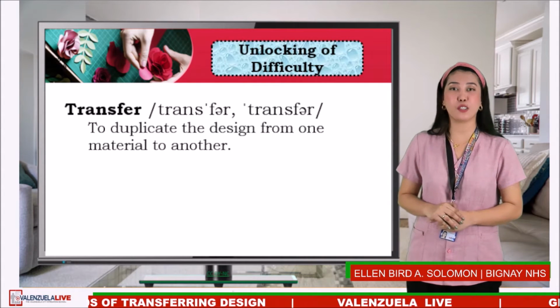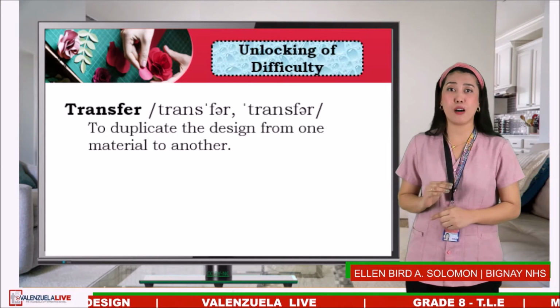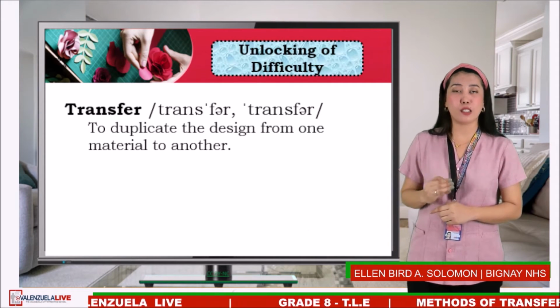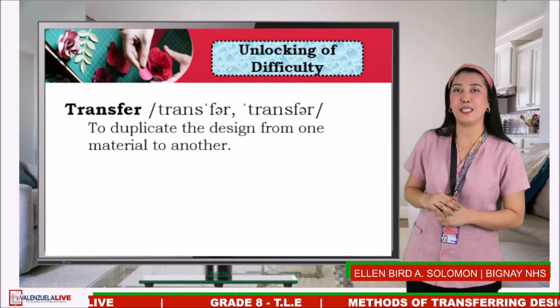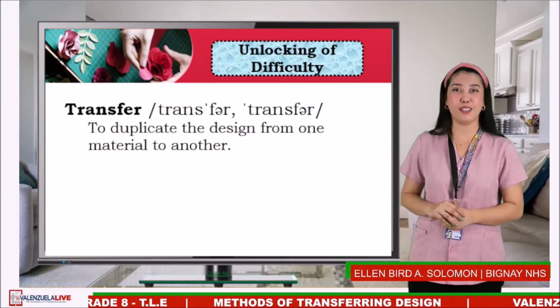We have transfer. In embroidery, when we say transfer, it is to duplicate the design from one material to another. Method.